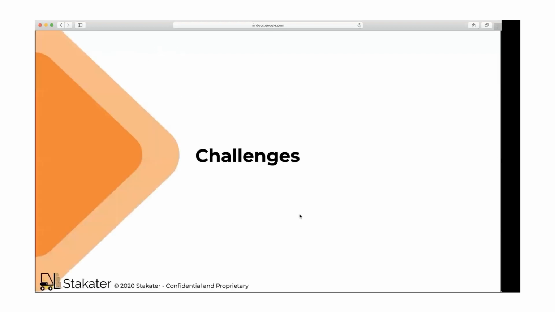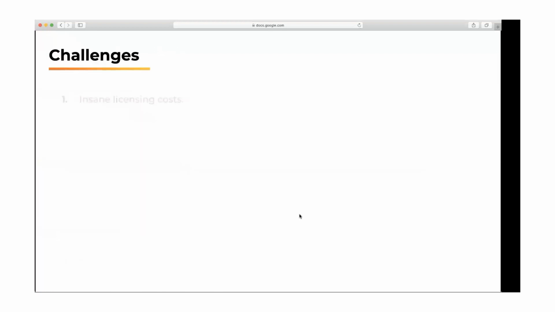The challenges they were having: for example, the tool they were using had insane licensing costs, really expensive.